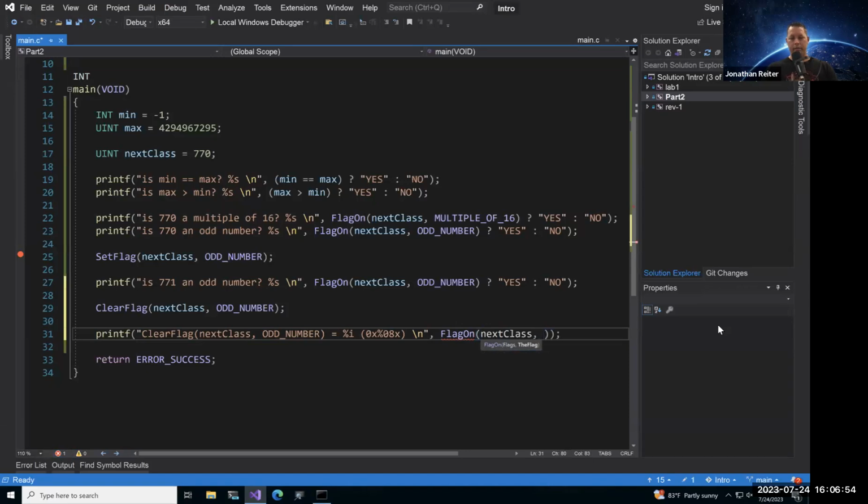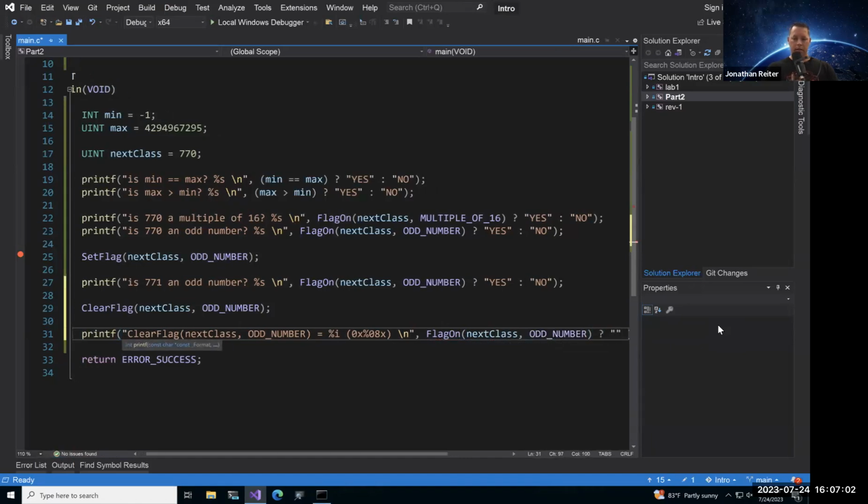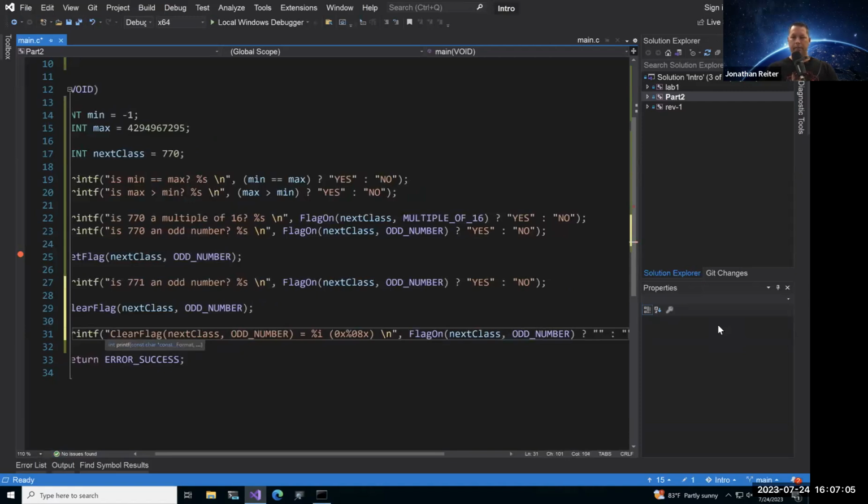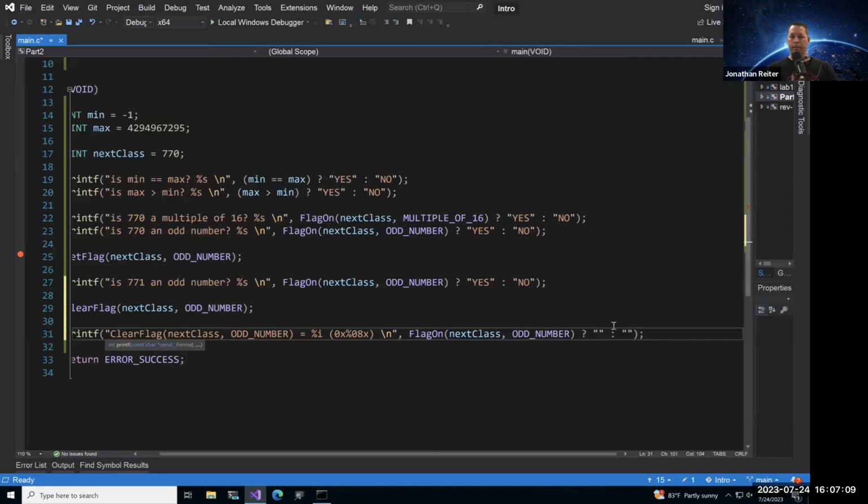Next class, and we're testing for odd number. And filling out the rest of that. Go ahead and minimize that window just a little bit. We already did that previously, so let's get rid of that.